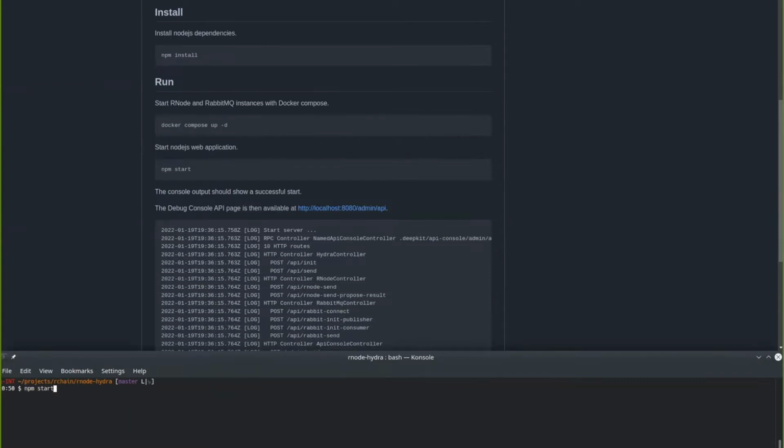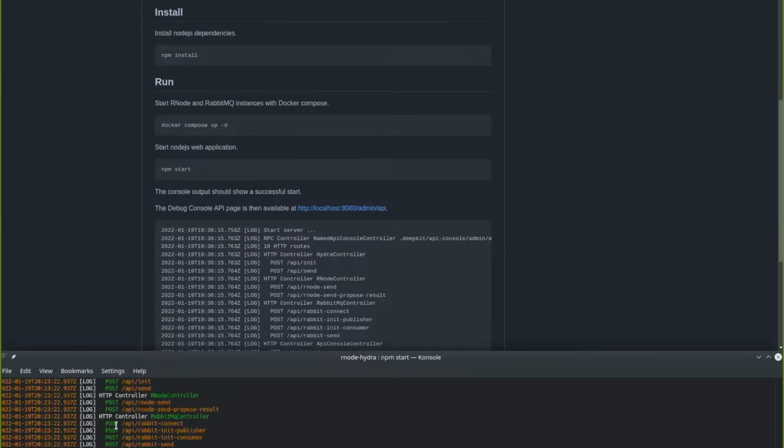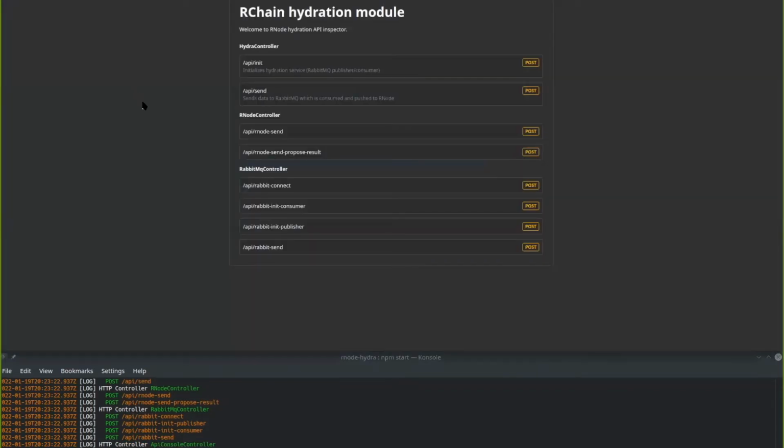So let me first start the server, which also provides some additional information on what controllers are started and what APIs are available. With that, I can open this API inspector page. This is provided by the DeepKit framework.